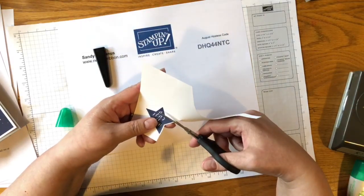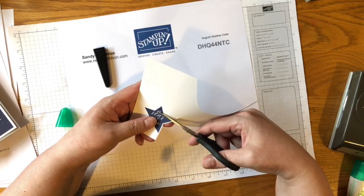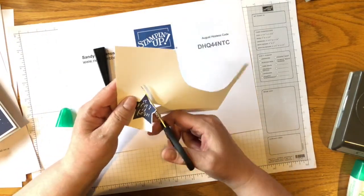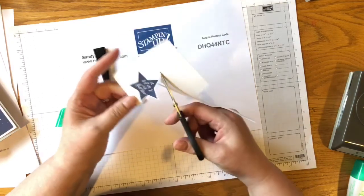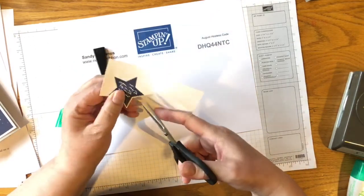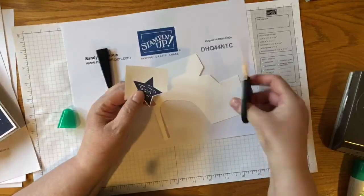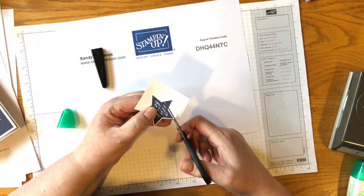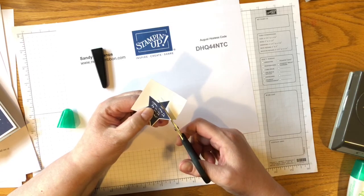They're straight cuts, so it's not too bad. It's still not my greatest skill, but sometimes you just need to do it for the effect. Whoops. Got a little short there. Cut this off. So yeah,